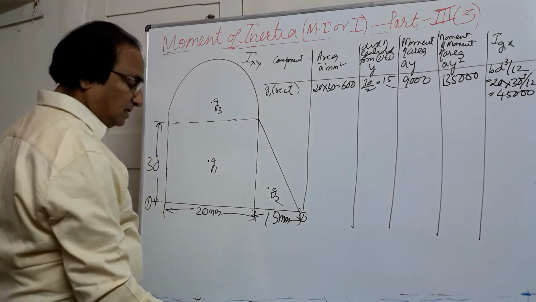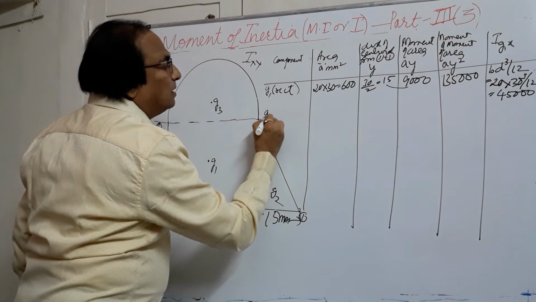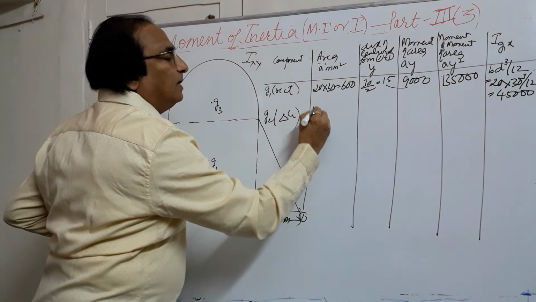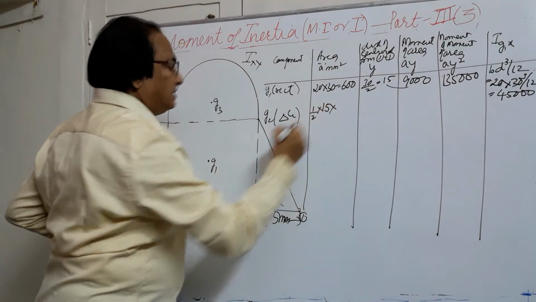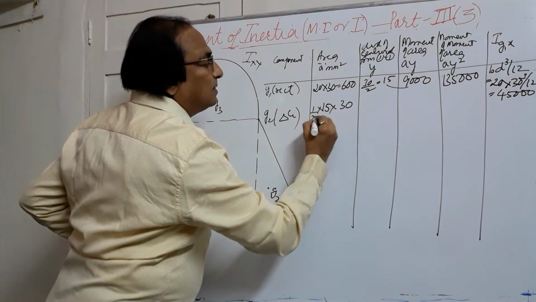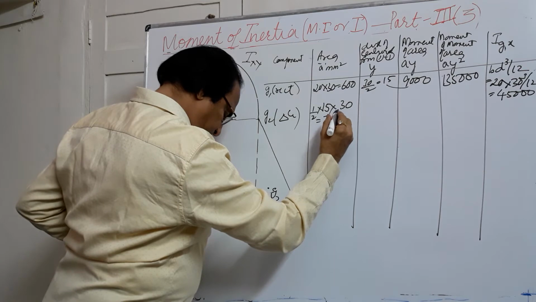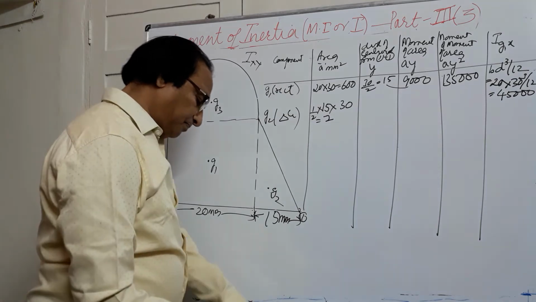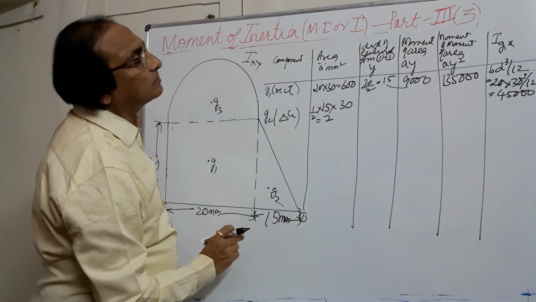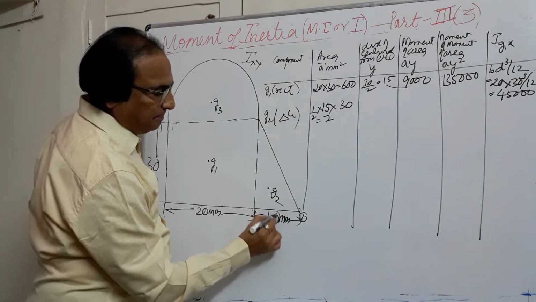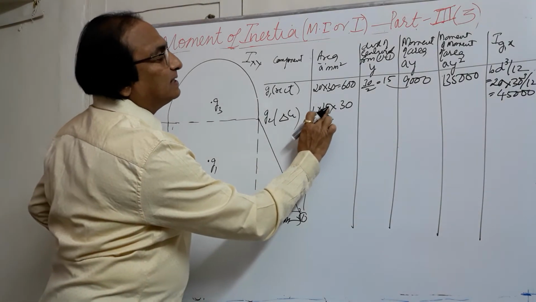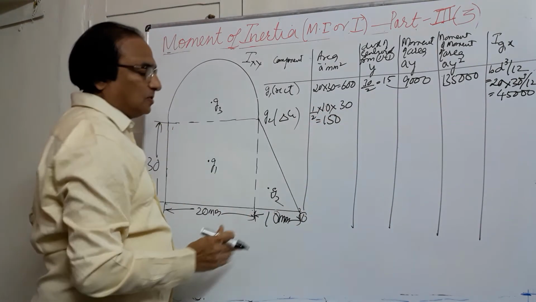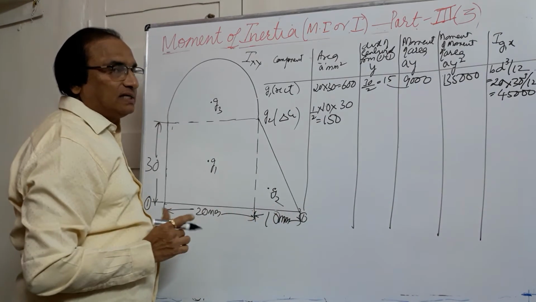Now to this we are going to add G2. G2 is a triangle, and you know the area of a triangle is half into base into height. Half into base 15 and height 30 would be 225. Let me take this as 10. Let us go with 10. So if I take half into base into height, this will be equal to 150. Please do the correction. Let us take this width as 10.